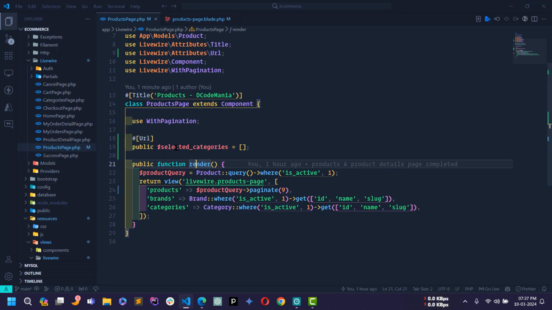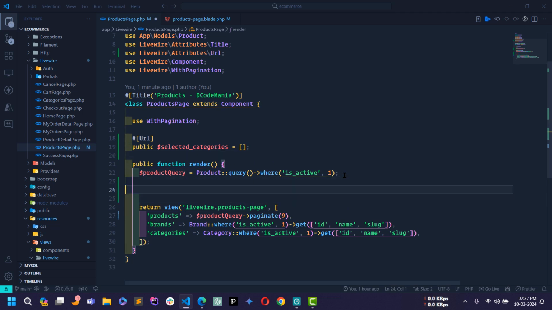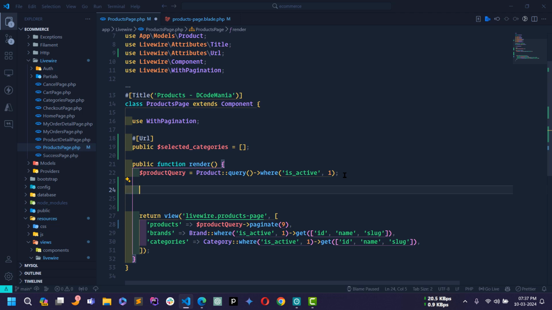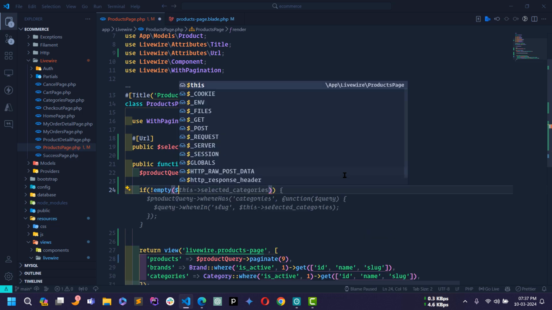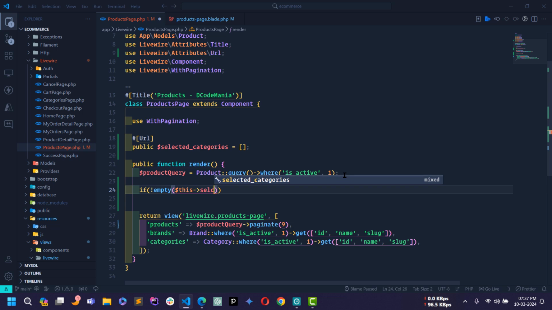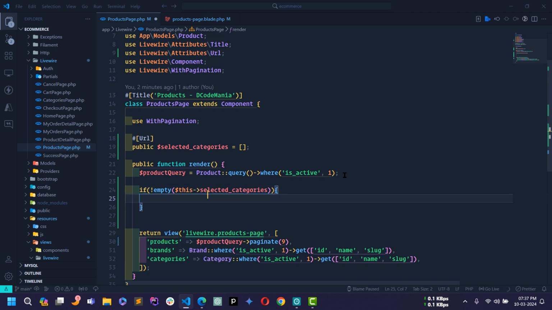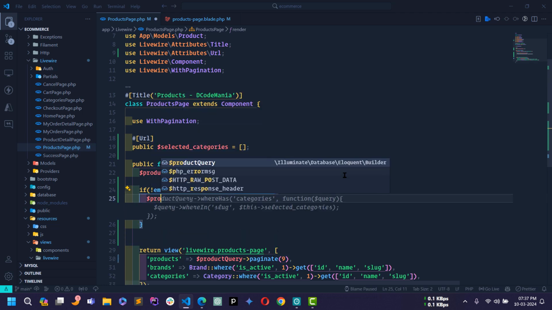based on the value of this array. Inside this render method, what I will do is first check a condition. Here I will use if not empty, and here I will use this selected categories. So we will check if the array is not empty and there is some category ID in that array, then I will use this product